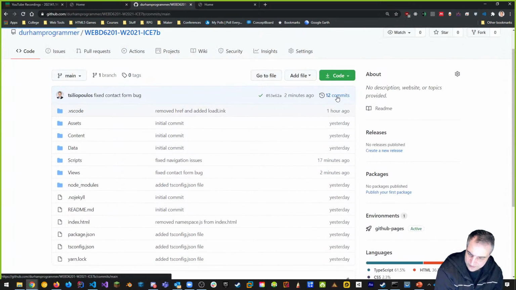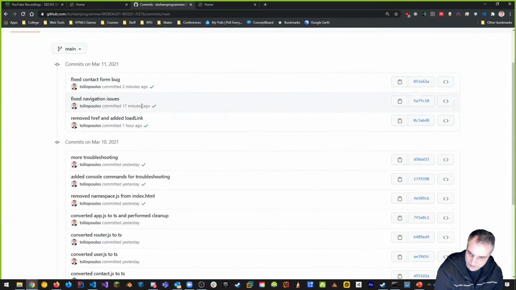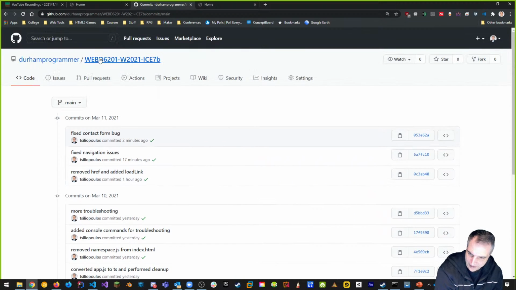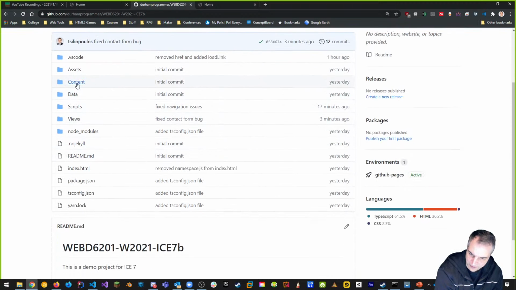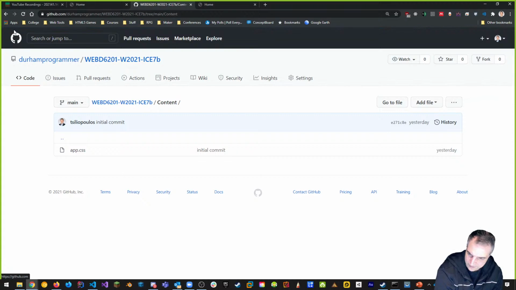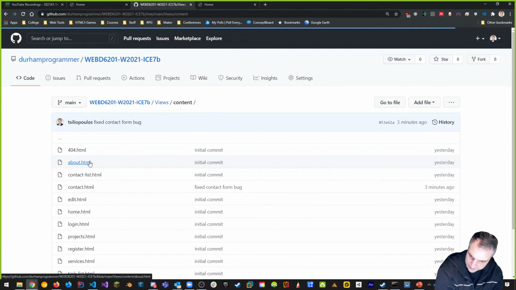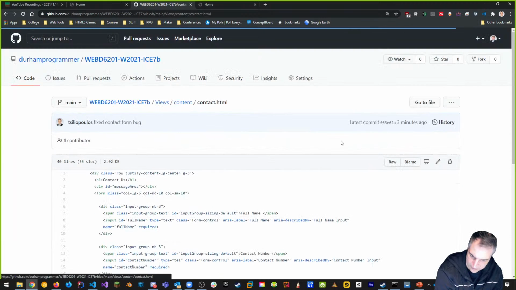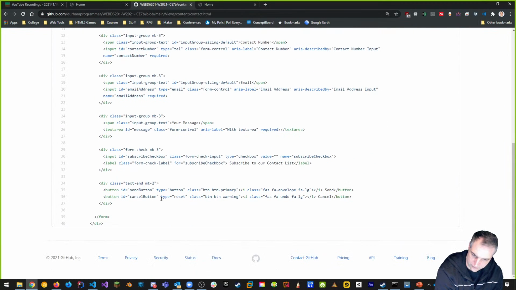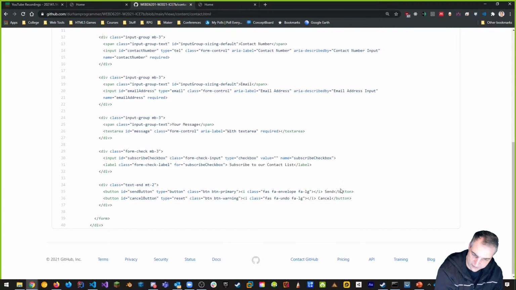Let's look at my commits. Here's my commit, right? And let's look at my page and see if it changed my content. So my views, content, contact, did it change it to a button? It did. My button is a button. But